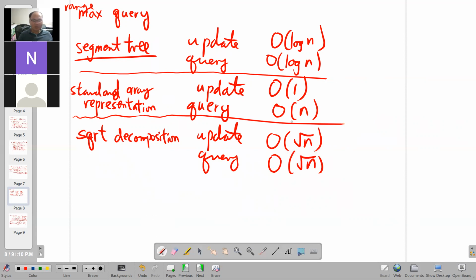And some people will argue that if they're not used to writing the segment tree or recursive way of doing things, the square root decomposition is easier to code. But anyway, now I want to show you